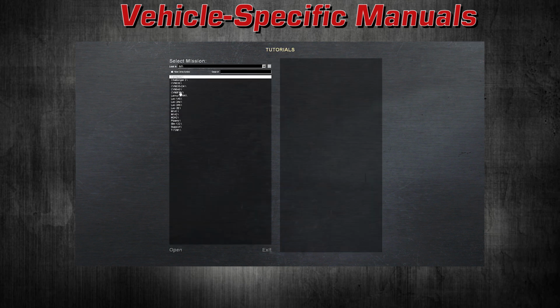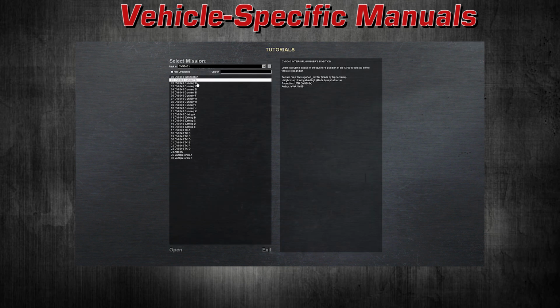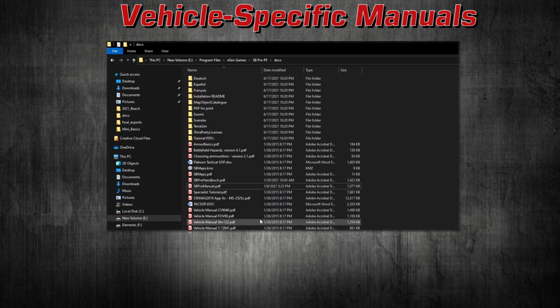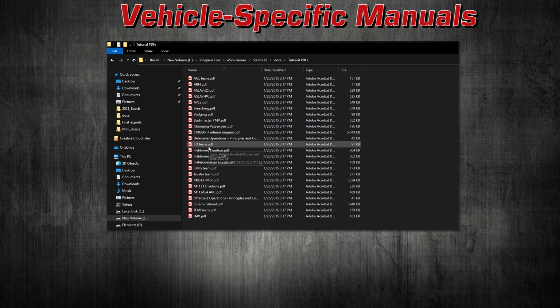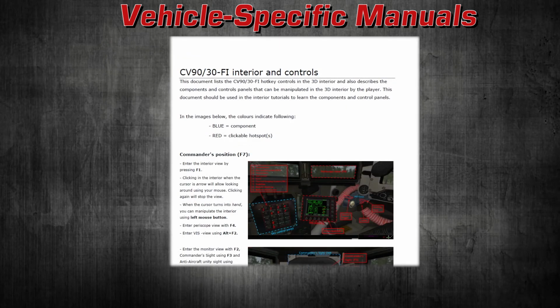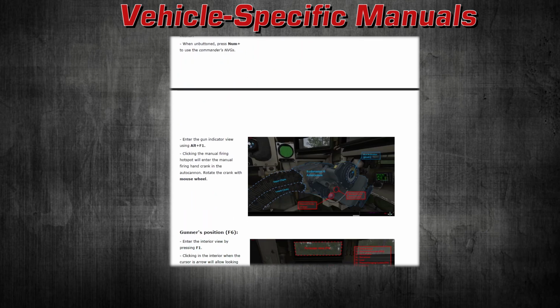After reading the SteelBeast Pro manual, the next recommended route would be to do the in-game tutorial missions available in SteelBeast in combination with the manual to learn specific vehicles. In some cases, there are standalone vehicle-specific manuals that are available to supplement this course of study. These manuals are very helpful when it comes to vehicles that have a large amount of options and the systems that are being simulated in SteelBeast.